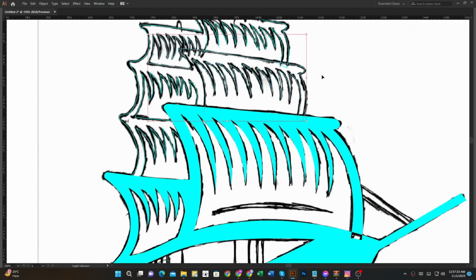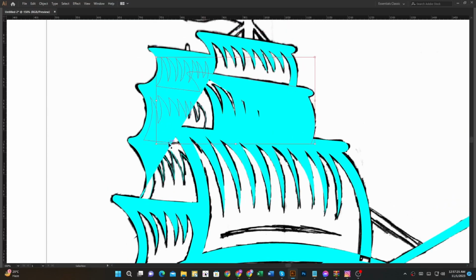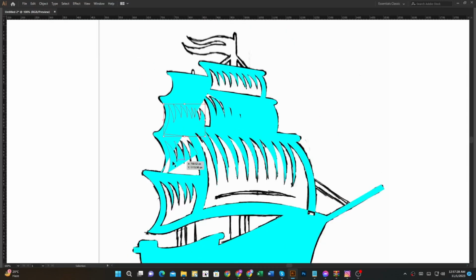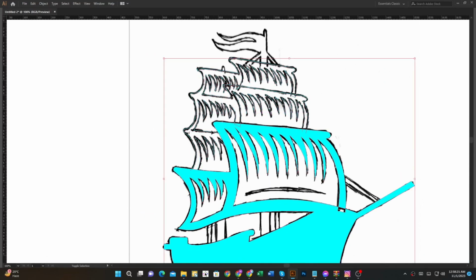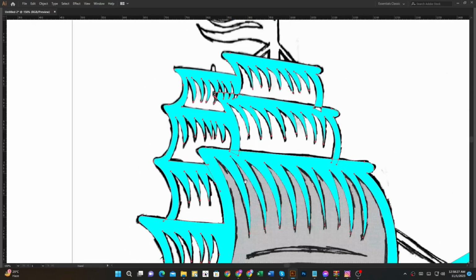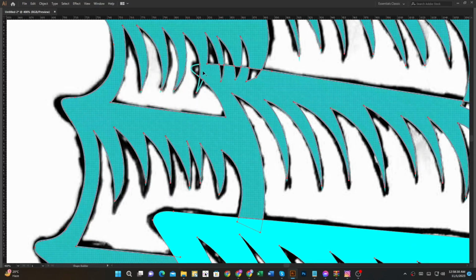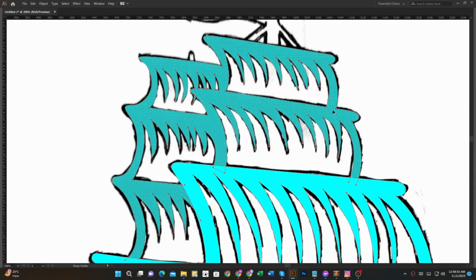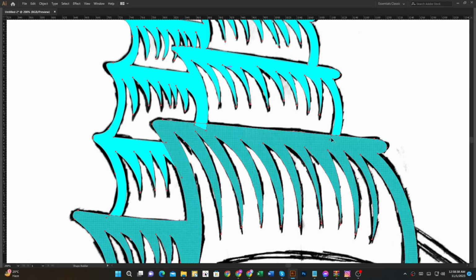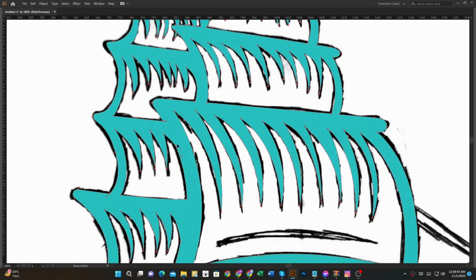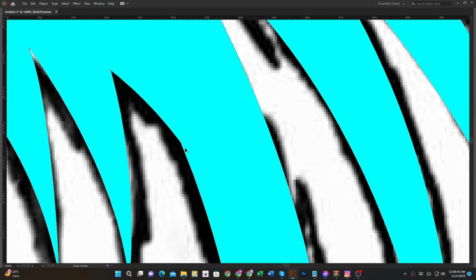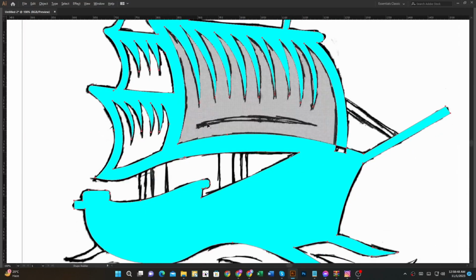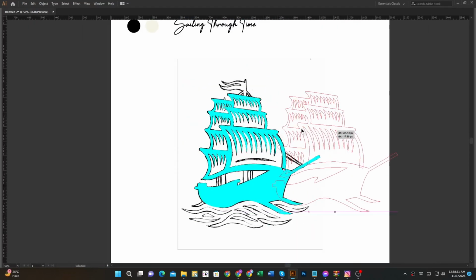Then I use a shape builder tool. I hold Alt and press for remove. Okay, it looks beautiful.